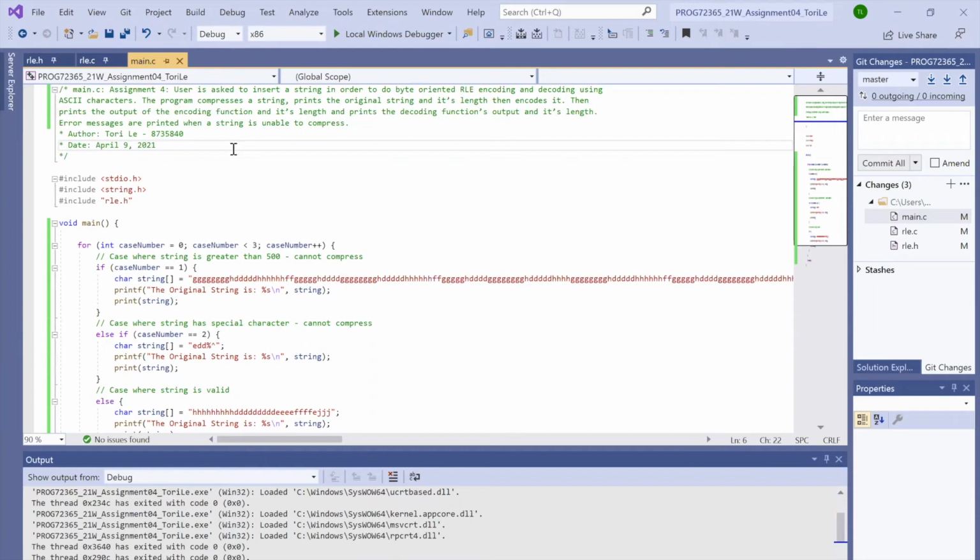This is assignment 4. We're asked to make functions to do byte-oriented RLE, encoding and decoding using ASCII characters on a fixed buffer size. So the program is meant to compress a string, print the original string, and then encode it. Once encoded, it should print the output of the encoding function and its length, then print the decoding function's output and its length, and there should be a message to the user if a string is unable to be